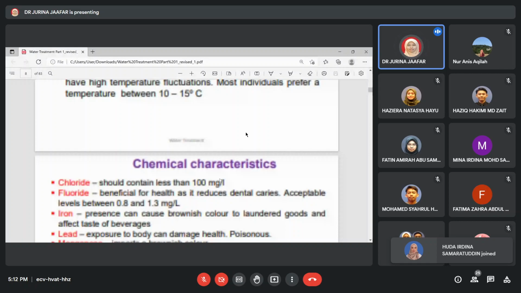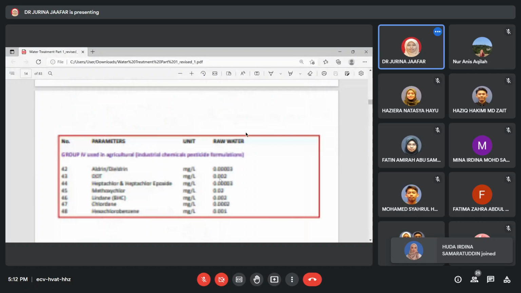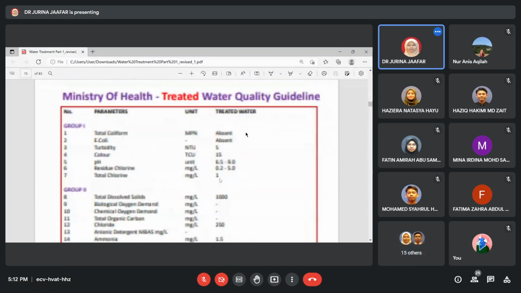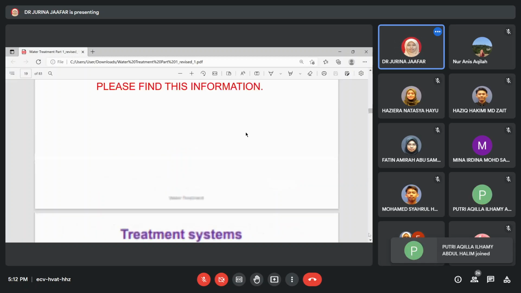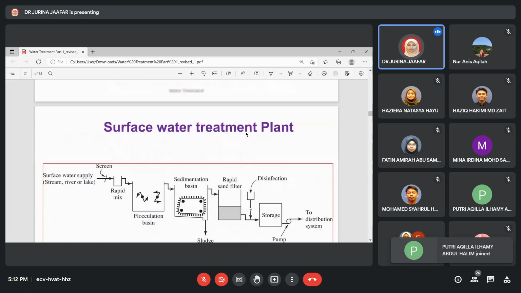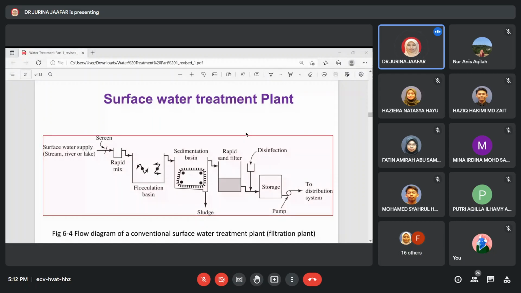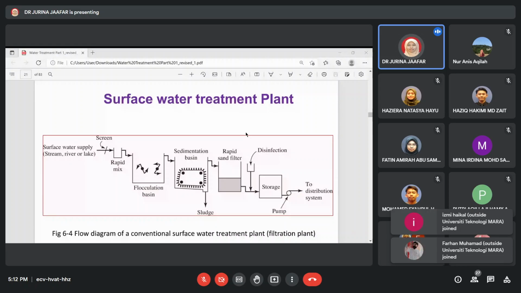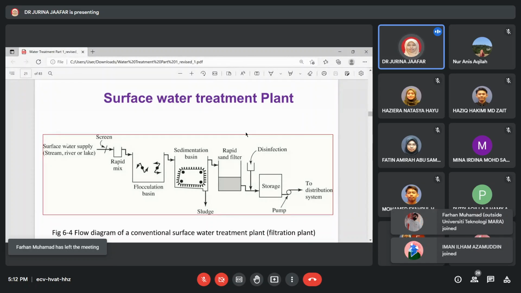so on the treatment, right? Okay, on the treatment, sekejap. So this is a surface water treatment plant, for the treatment of drinking water. Right? So by looking at this process, kita nampak proses dia adalah it comes from the source of water,